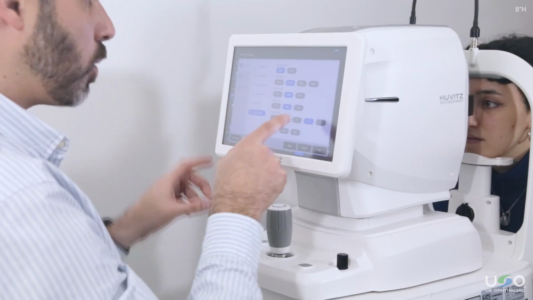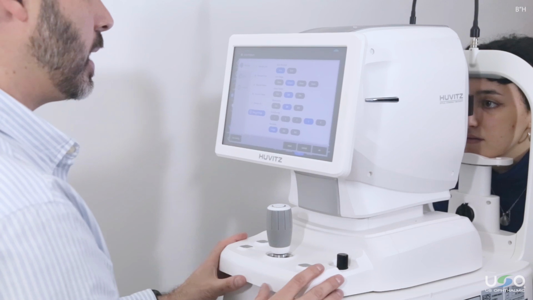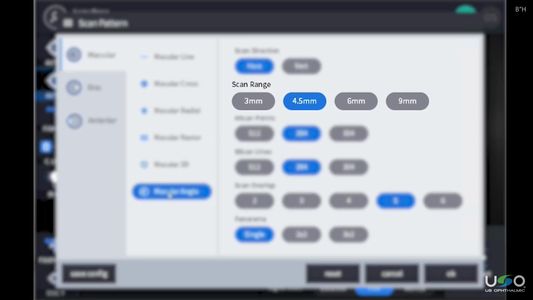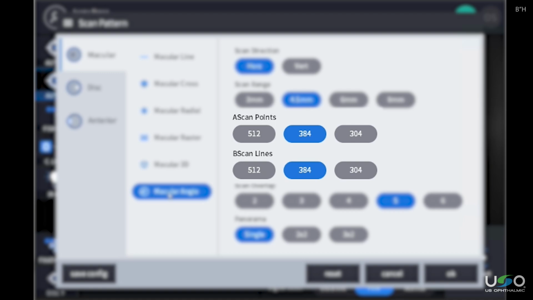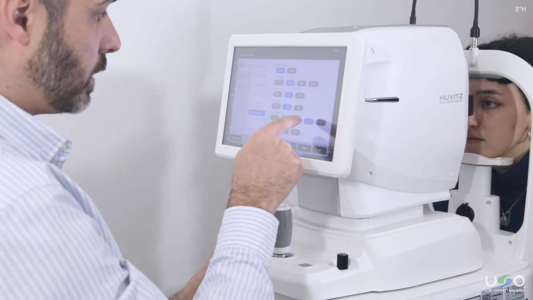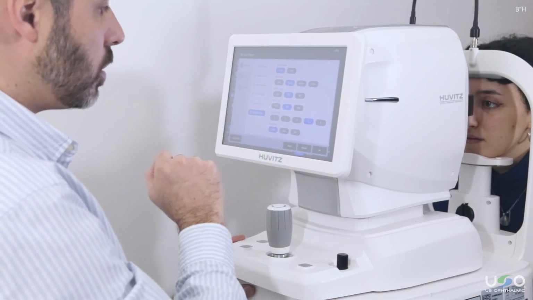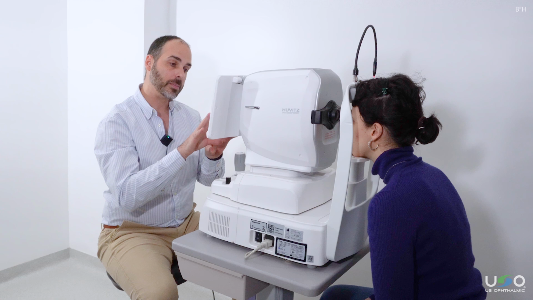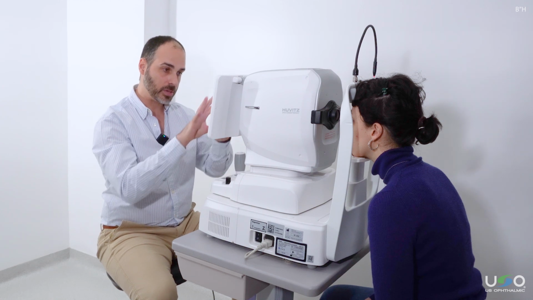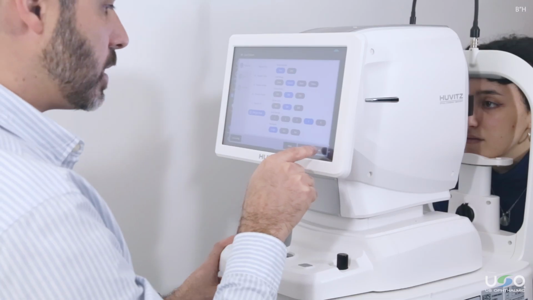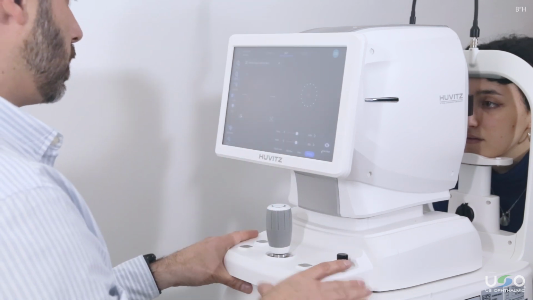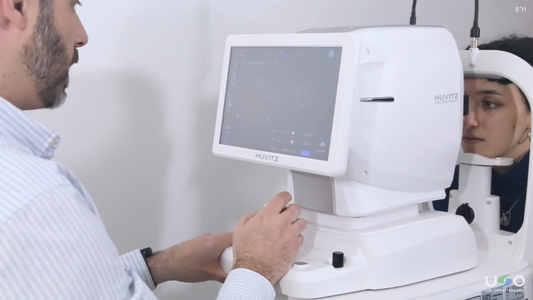The scan range, that is how much surface we want to scan, we have from 3 mm to 9 mm. The number of A scan points, the number of B scan lines, the overlapping, which in this case is 5, and the panorama or single options. This will allow us to modify the fixation light and then make a panoramic map of the angiography. In this case, we are going to make it a single measurement, and first we are going to position the